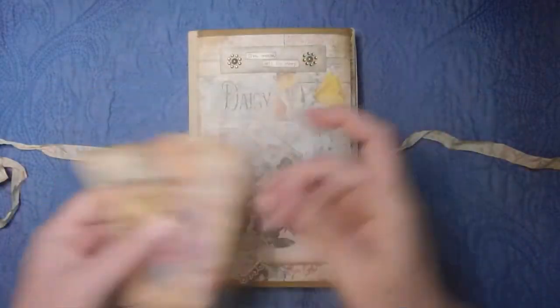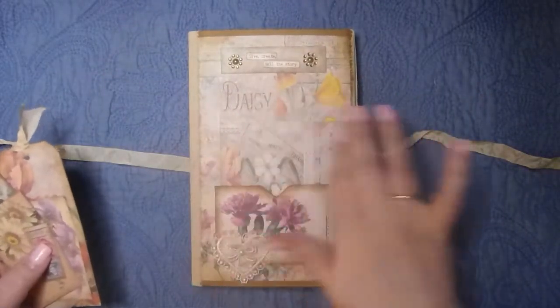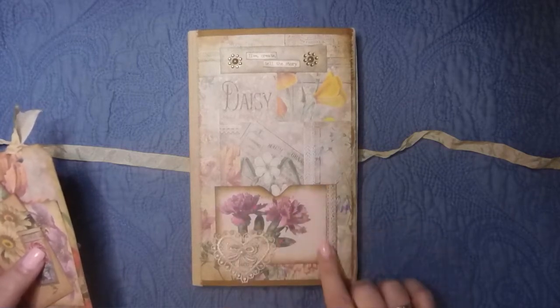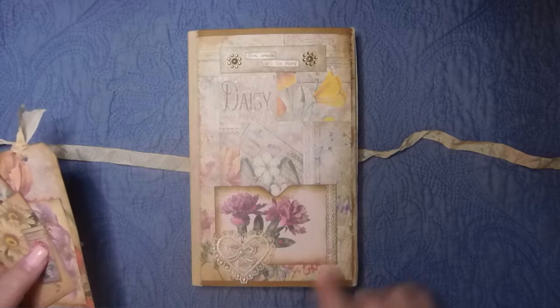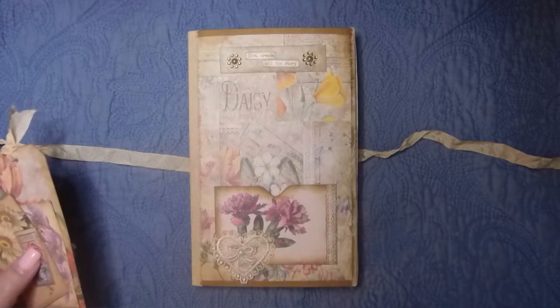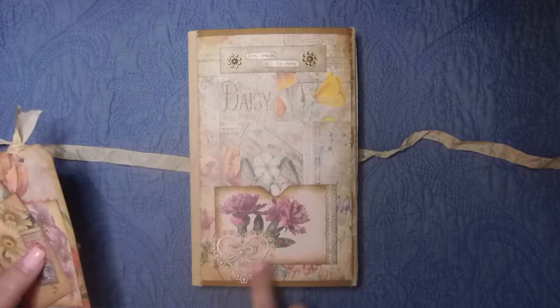I do have a pocket here on the front. This is the collage page from the collection. I used one of the journal cards to make a little pocket here. This was actually a piece that I trimmed off of something else, and I thought it would be perfect there. I've added a little heart